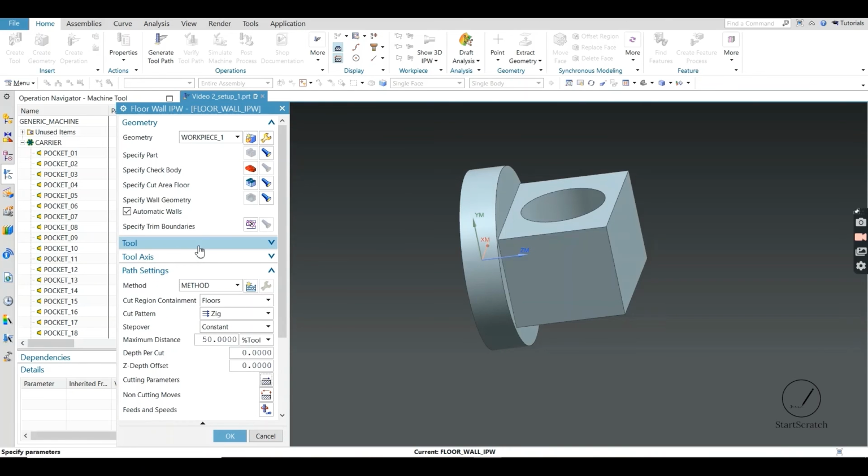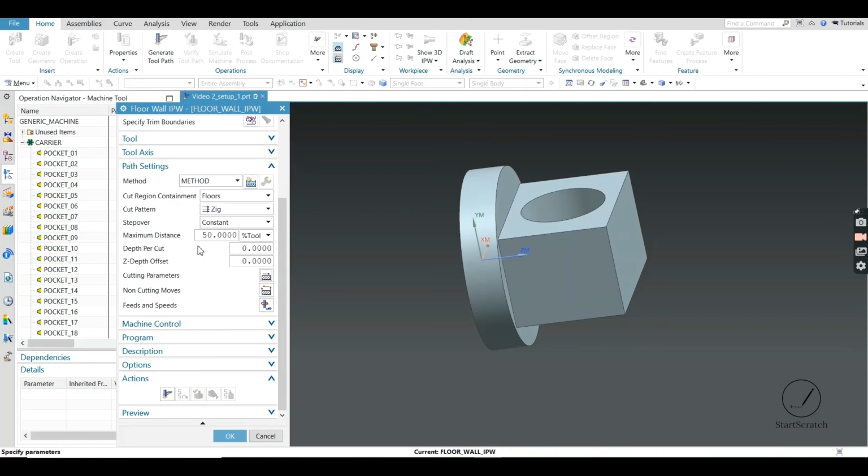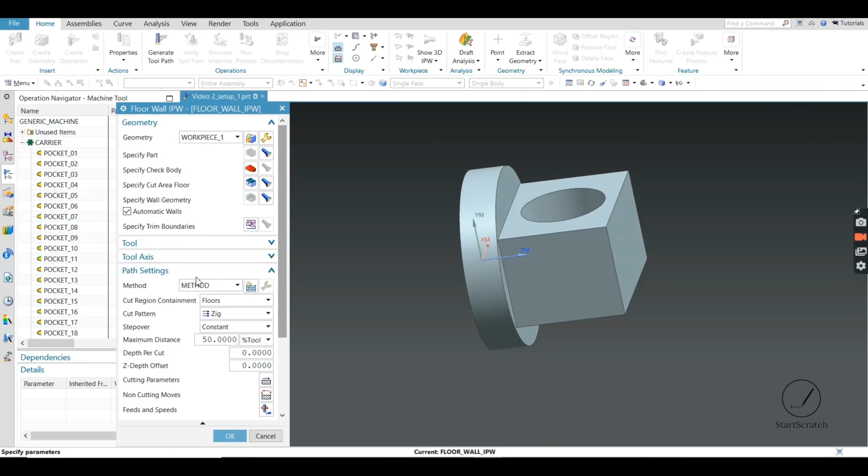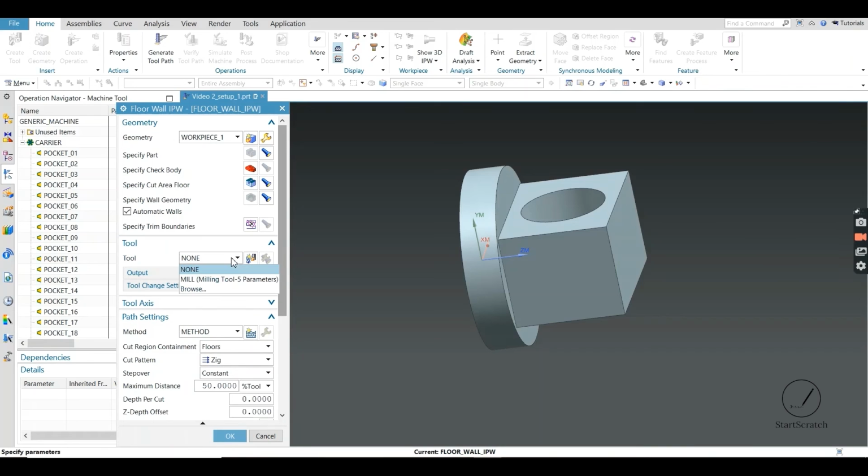Okay, so everything is now prepared. So now let us generate the tool path. Select the tool.